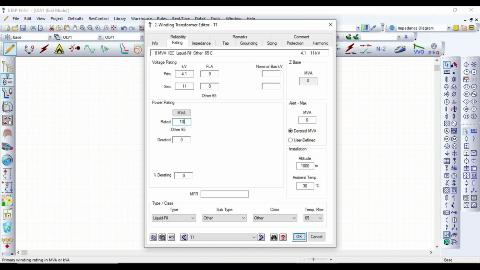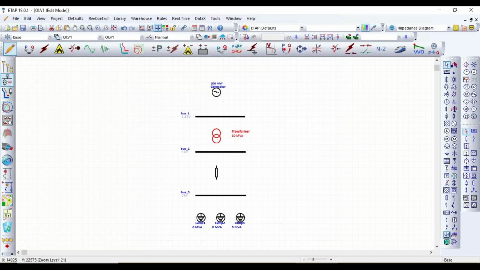Instead, set the power rating to 10 MVA, then click OK. Now go to bus 2. For the second bus, you don't need to change anything but change its name to bus 2.